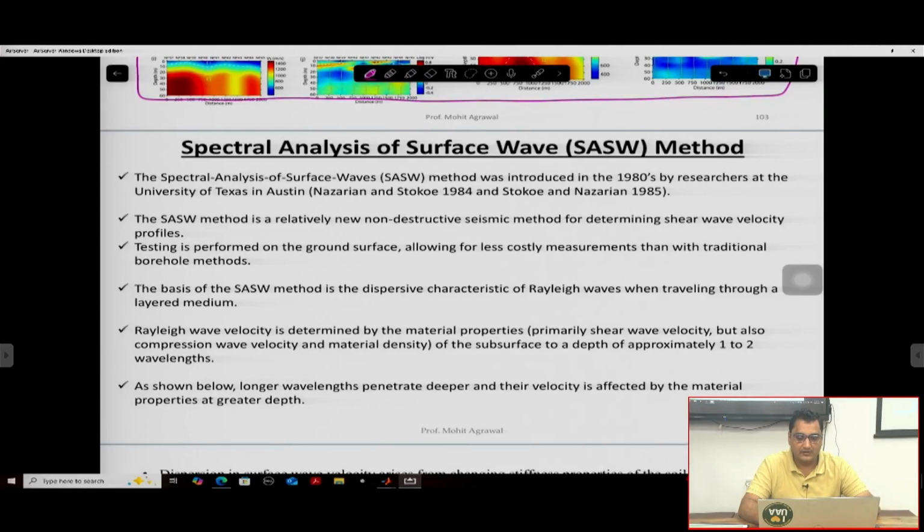If asked. So now the next sessions of this lecture include the spectral analysis of surface wave. In short, it is known as the SASW method. And thereafter, we are going to learn about the MASW technique, which is multi-channel analysis of surface wave. So, the spectral analysis of surface wave method is also used to find out the shear wave velocities of the top